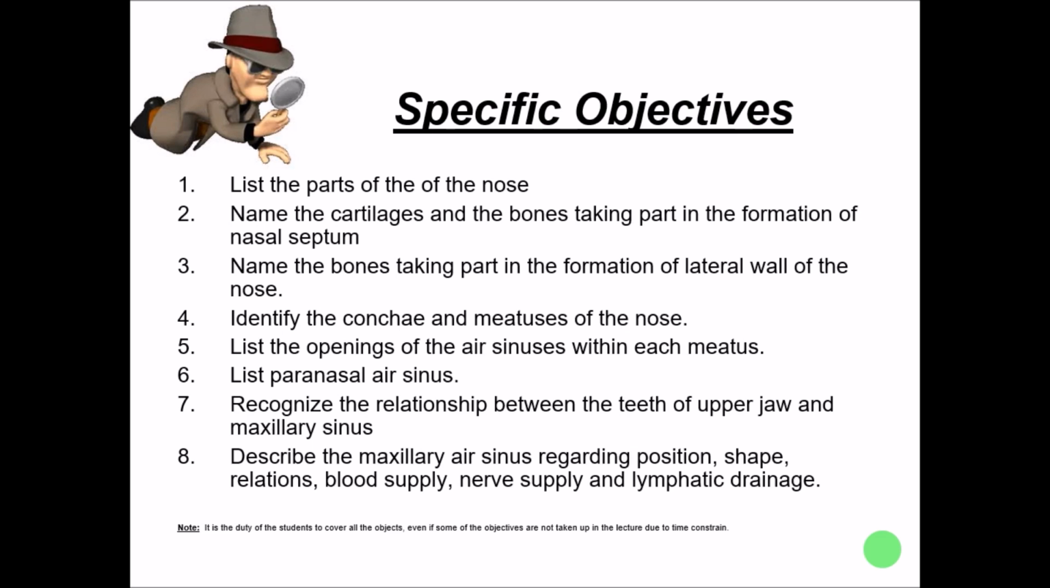Fifth is list the openings of the air sinuses within each meatus. Sixth is list paranasal air sinuses. Seventh is recognize the relationship between the teeth of the upper jaw and the maxillary air sinus. And the eighth is describe the maxillary air sinus regarding its position, shape, relations, blood supply, nerve supply as well as lymphatic drainage. Here only the maxillary air sinus is mentioned, but we will try to cover all the air